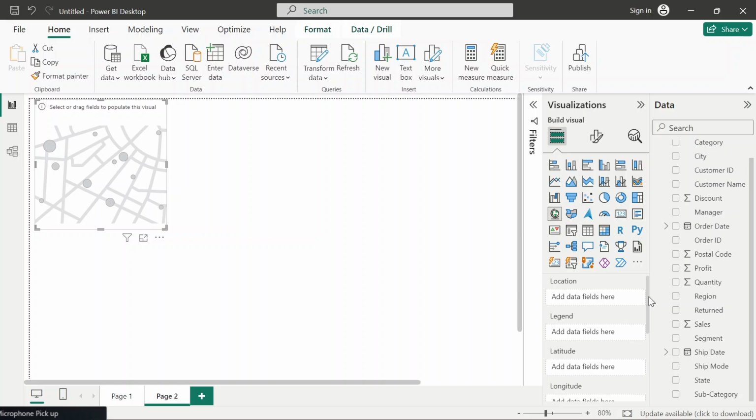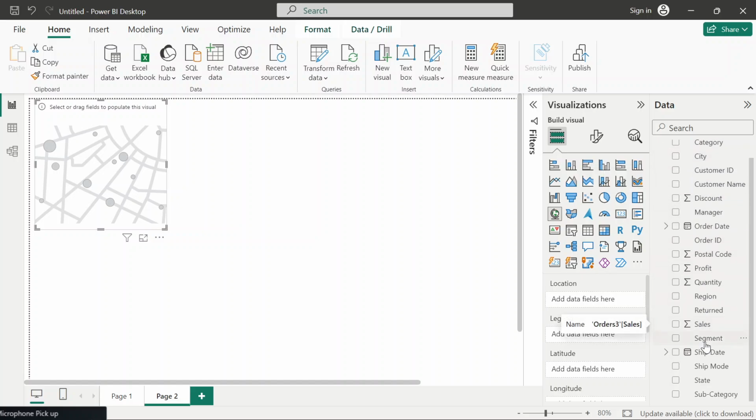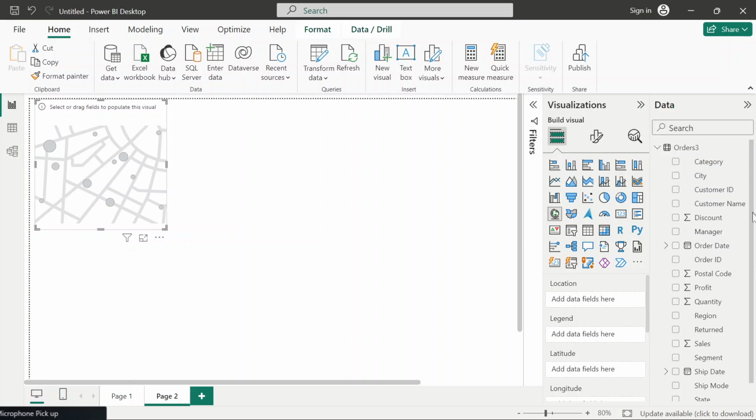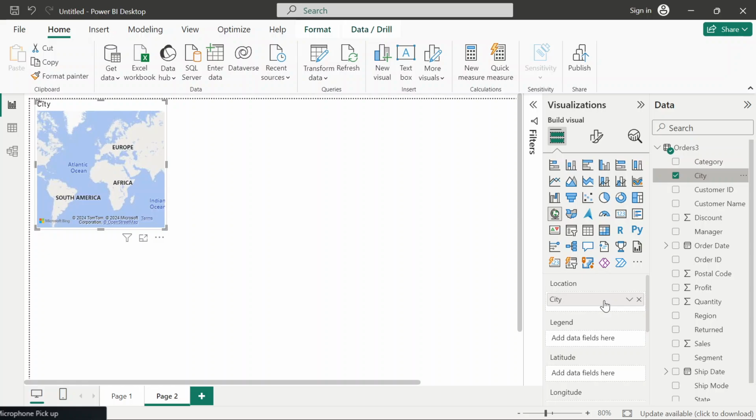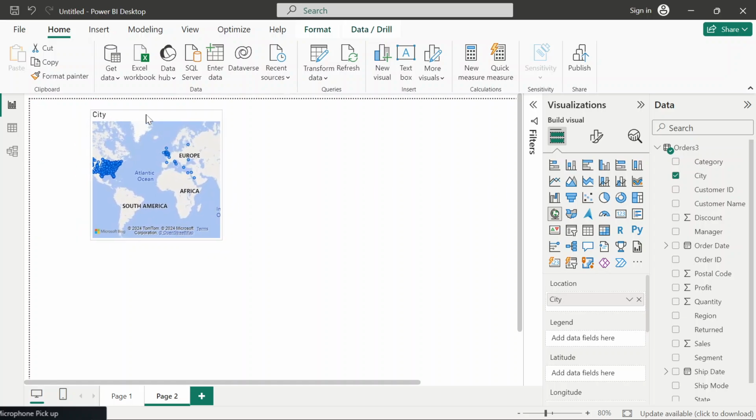So let's try another map and see what will happen. Where's the country? I mean the state. Let's try the state again. Where's state? Or city. City would work. Let me try city since we'll have more points in city than just states, which are limited. So location, city. Then you see that since all our cities are within,